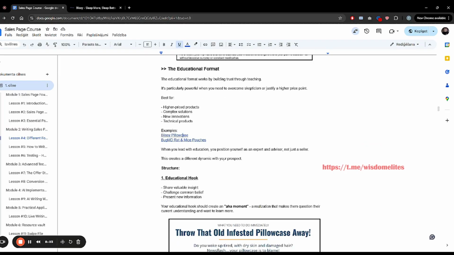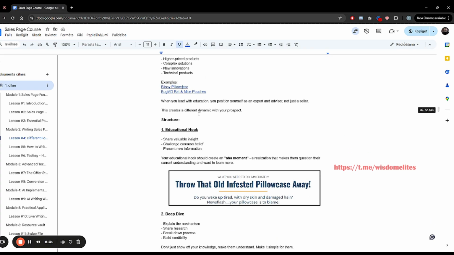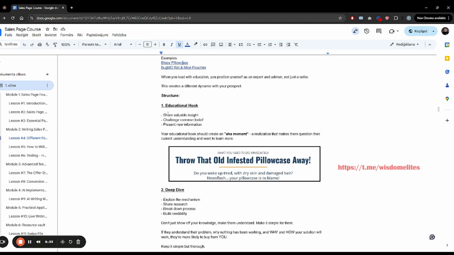And when you lead with education, you position yourself as an expert and advisor, not just a seller. And this creates a different dynamic with your prospect. And the structure is to have an educational hook. So share valuable insights, challenge common beliefs, present new information. Your educational hook should create an aha moment and a realization that makes them question their current understanding and